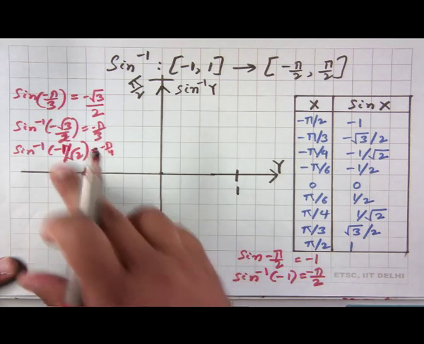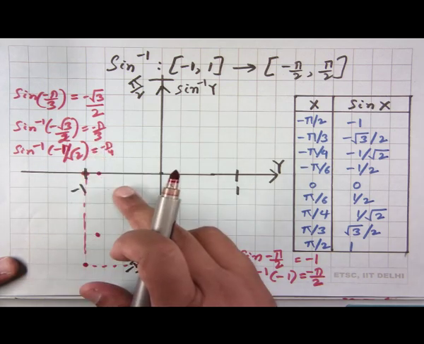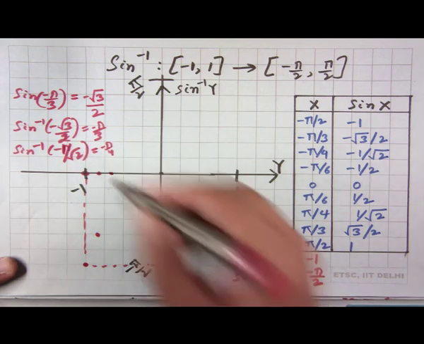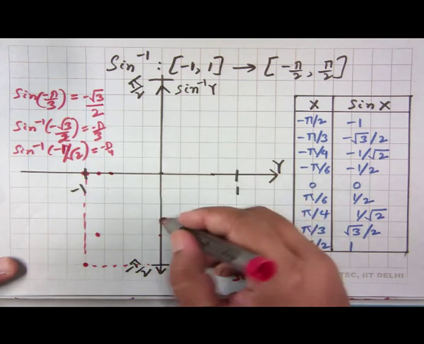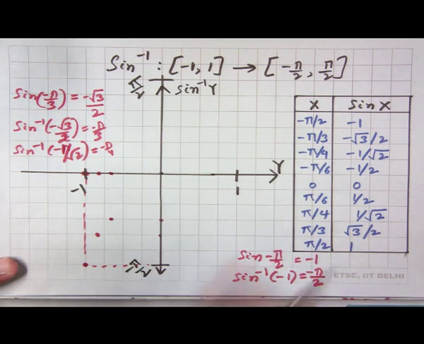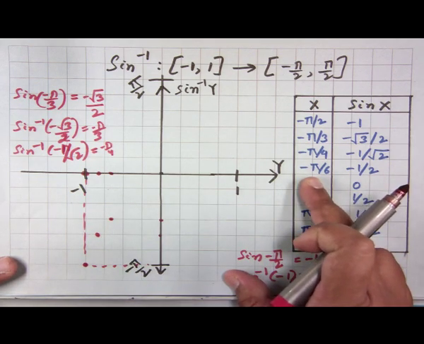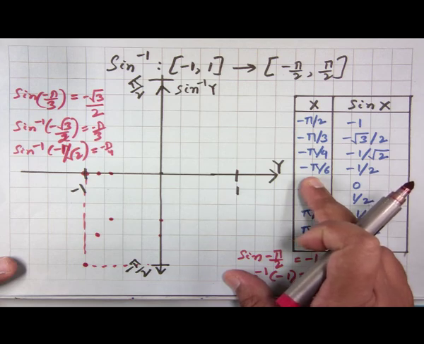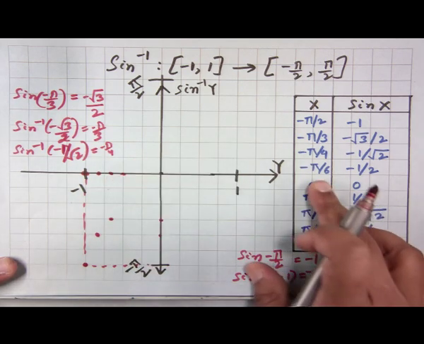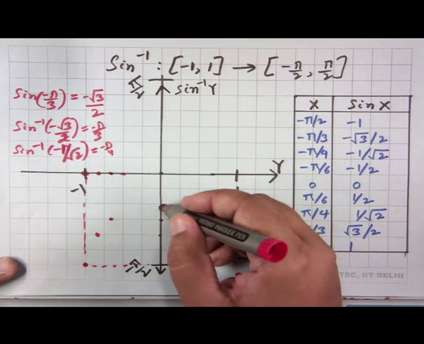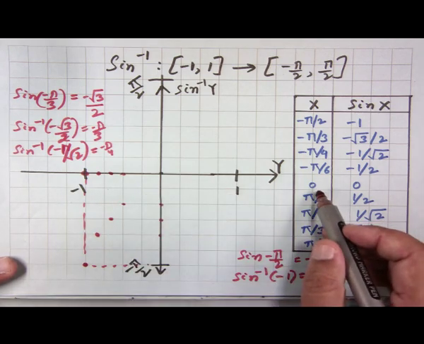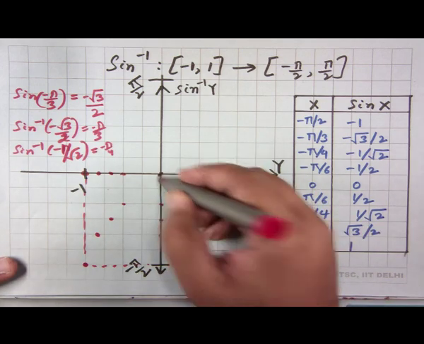So, minus 1 over square root of 2 is minus 0.7, which is somewhere here, and minus pi by 4 is half of this, which is somewhere there. So, this and this are going to meet over here, and then sine of minus pi by 6, which is minus 30 degrees, is minus half, and minus half is here. Minus pi by 6 is 1/3 of this thing, which is over here. So, we get another point like this, and of course, sine inverse of 0 will be 0, which is here,